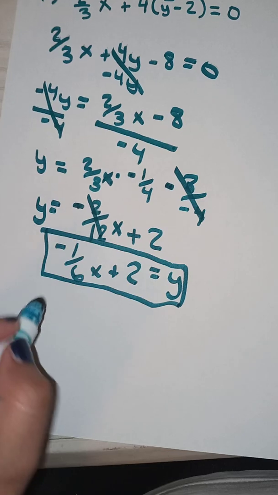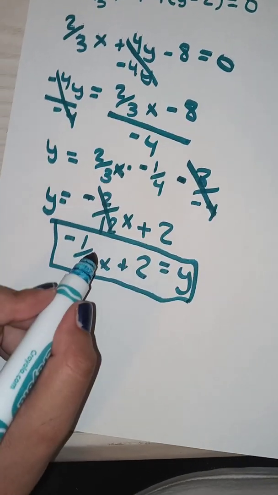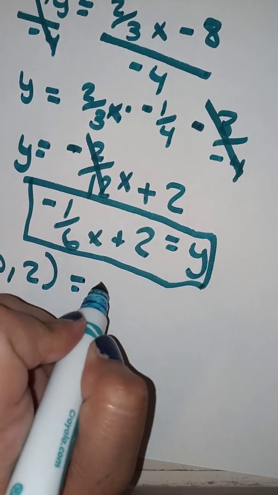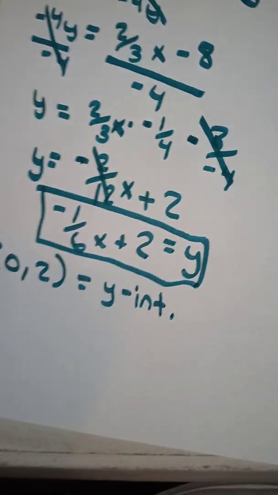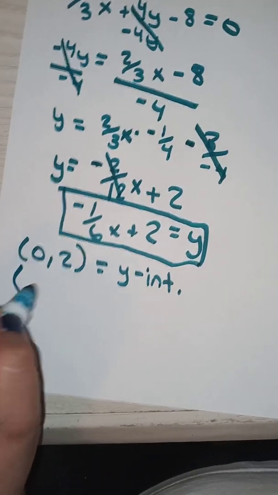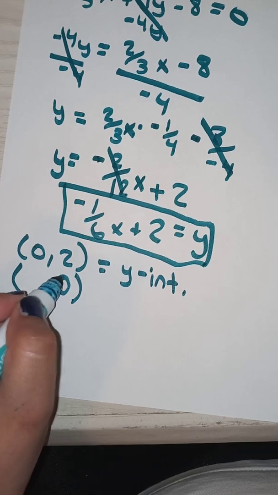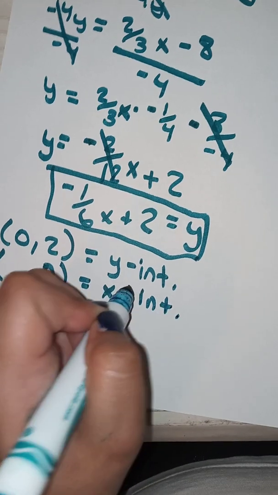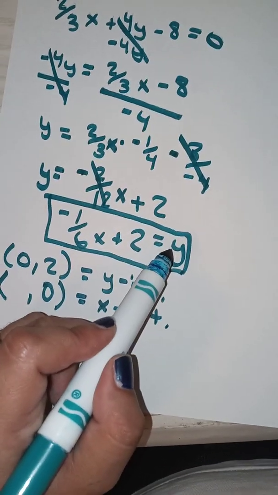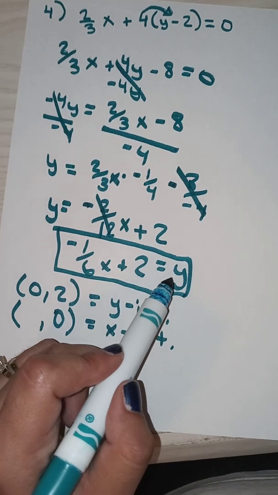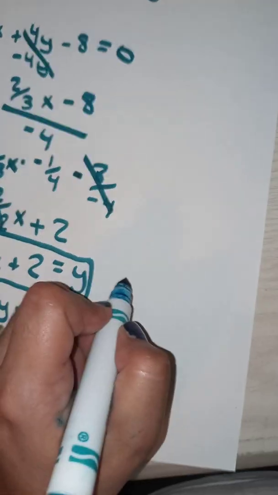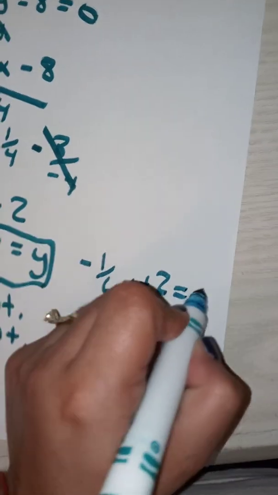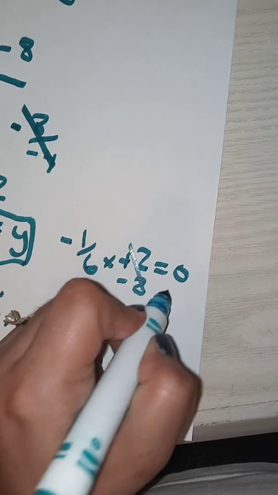Now your y-intercept, remember, plug in a 0 for x, your y-intercept will be 0, 2 as your y-intercept. Now for the x-intercept, we're going to plug in a 0 for the y value, and it will give us the x-intercept. Plug in 0 for y, and we get that negative 1/6 x plus 2 is equal to 0, minus 2,